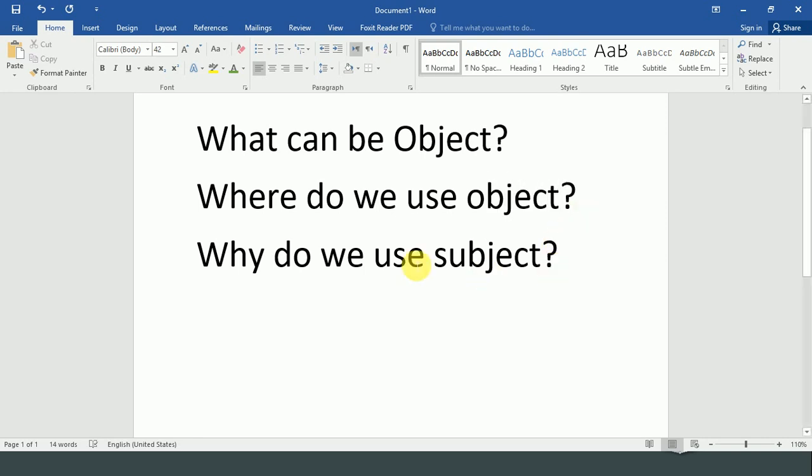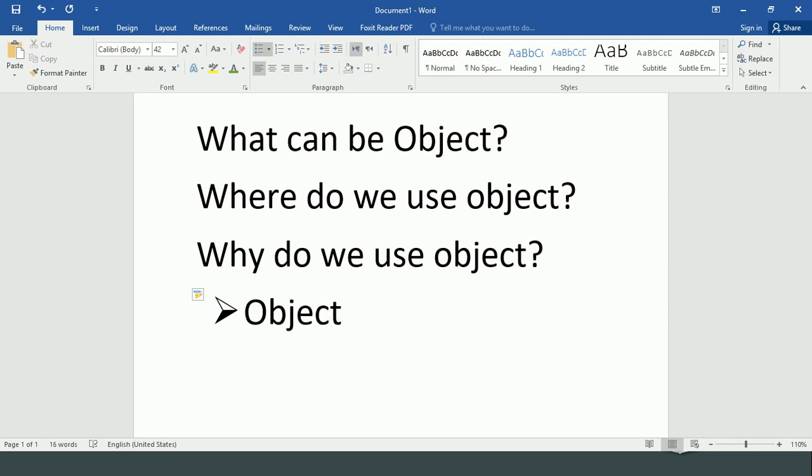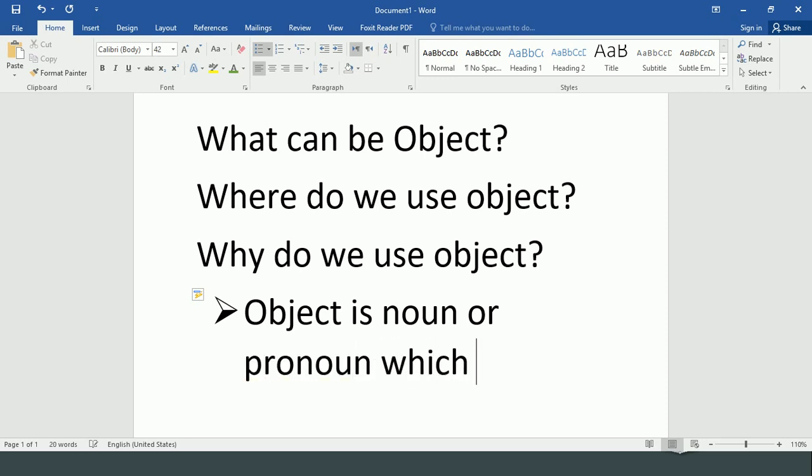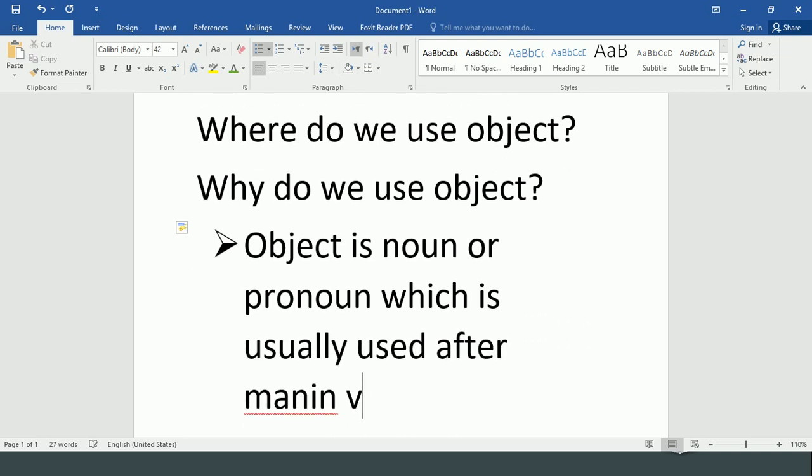These are the questions whose definition we must answer. And why do we use an object? Now let's make a definition for an object in which we get all these 3 questions answered. First, let's see. Now we say that an object is a noun or pronoun which is usually used after the main verb, in order